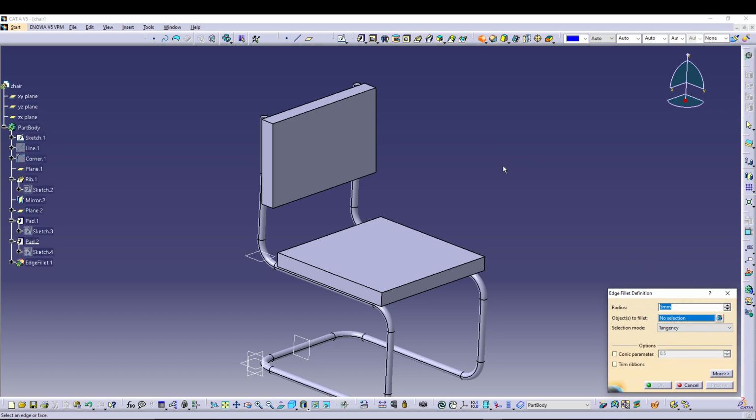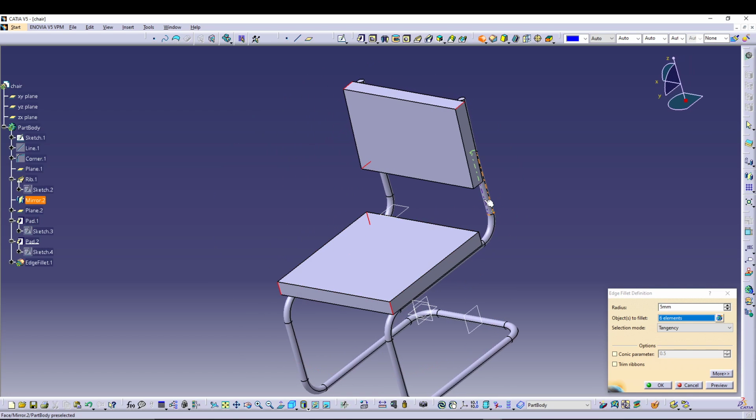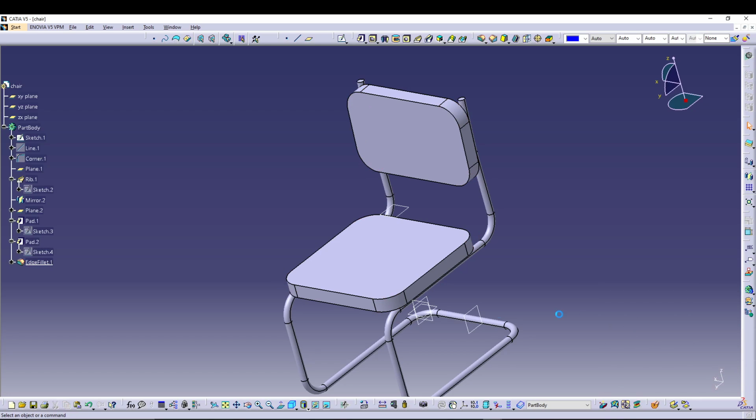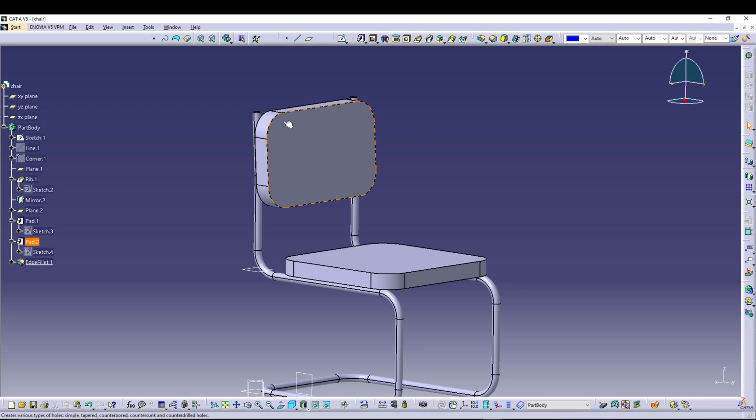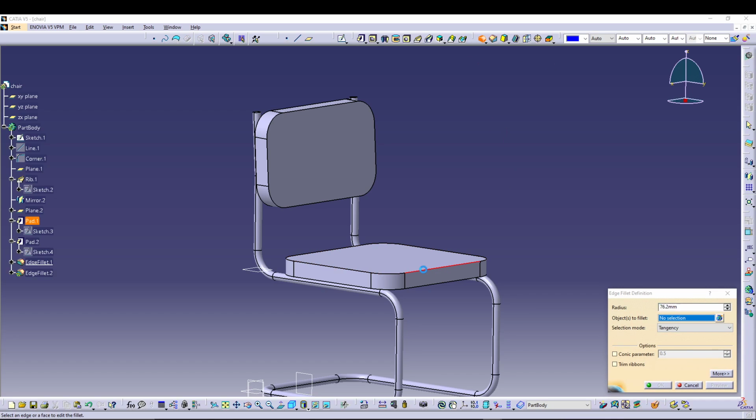So let's select fillets, select 1, 2, 3, 4, 5, 6, 7, 8, and go for 76.2. Okay, yeah, that's what we wanted. Now we can also fillet the top face of this one. So let's say go for a fillet. Select this and this, and this. Let's say we want it